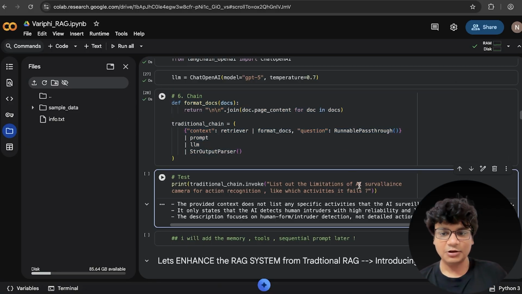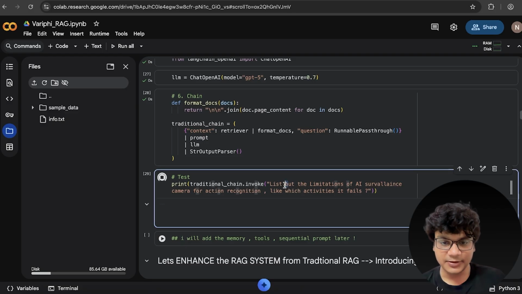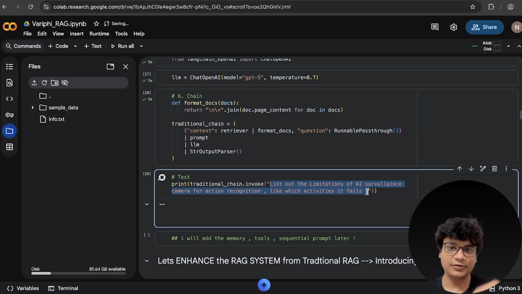Now let me ask a question: list out the limitations of AI surveillance camera. This is basically the user question that the user is asking. This question has to first go to the embedding. The entire question, about 14 to 15 words in one sentence,